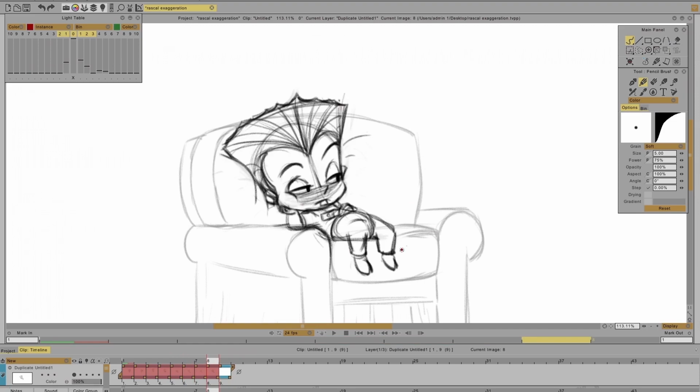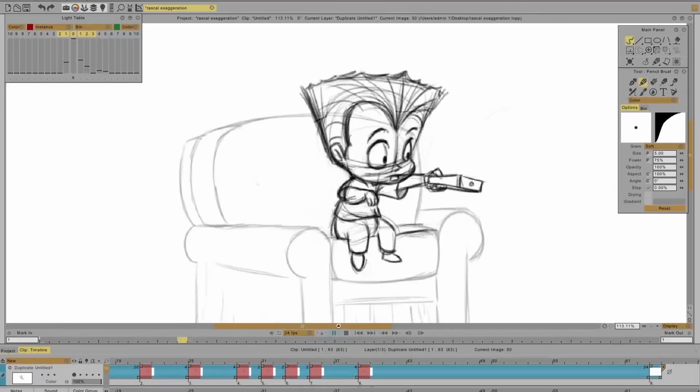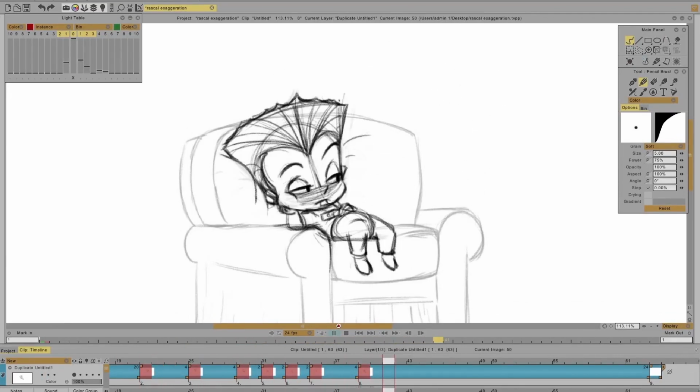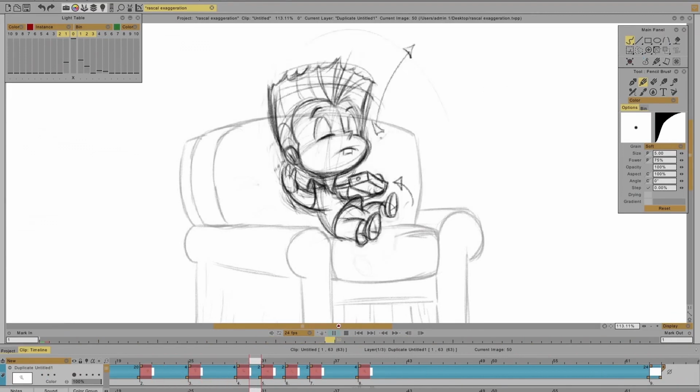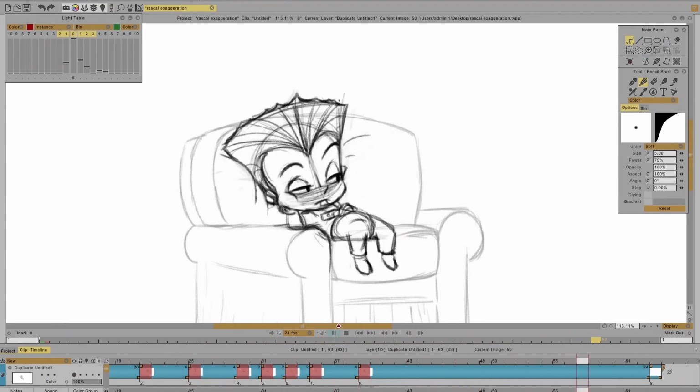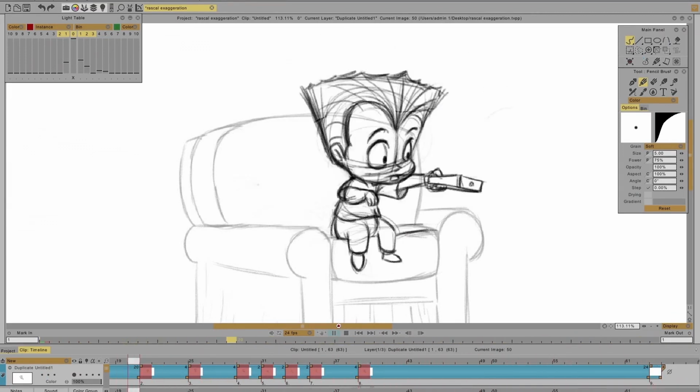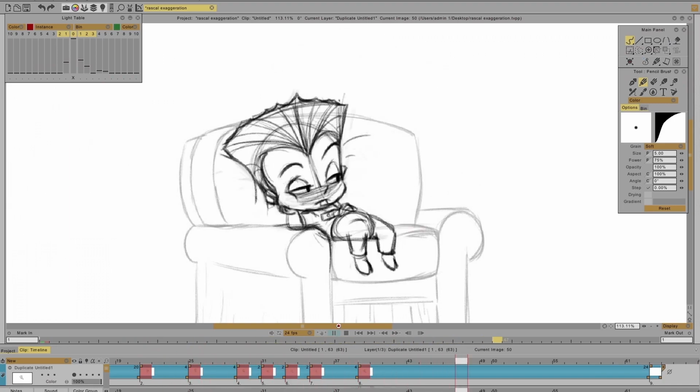And now what I'm going to show you is, this isn't really a pose test. This is much slower than it would be, but I want you to just see these drawings. So I hope this helps you guys. This is really what they mean when they say exaggeration or pushing the pose.